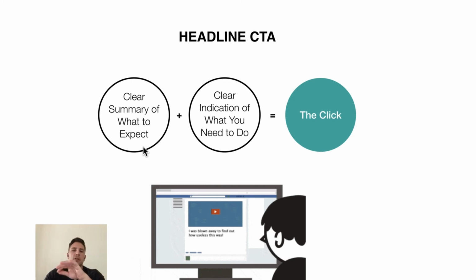All right. And on top of that, you have to be clear with the indication of what they need to do. So this one actually should be first. Doesn't really matter. But from importance, you need to be clear what they need to do. Click here to learn more. Watch video. Get quote. Download ebook. Whatever. You need to be clear with that call to action, and you need to be clear with what they're going to expect. That gives them an idea, and that breaks the barrier of risk of going,